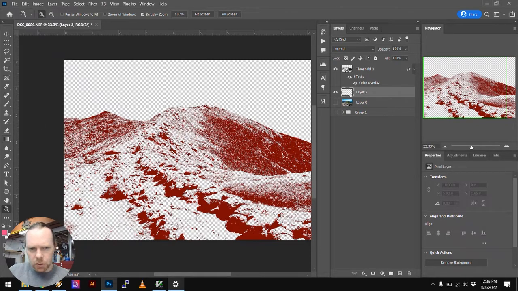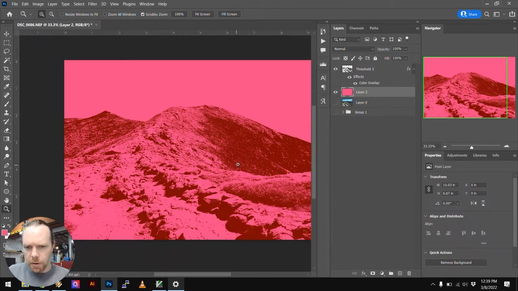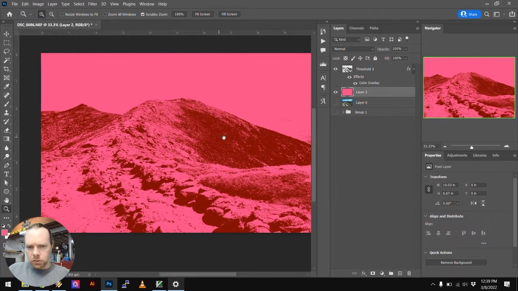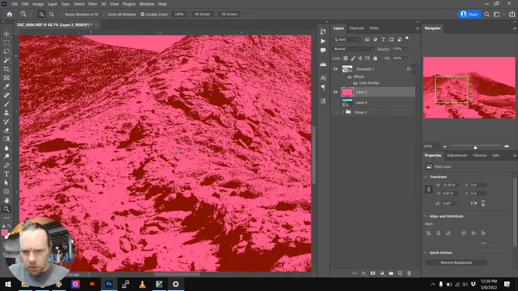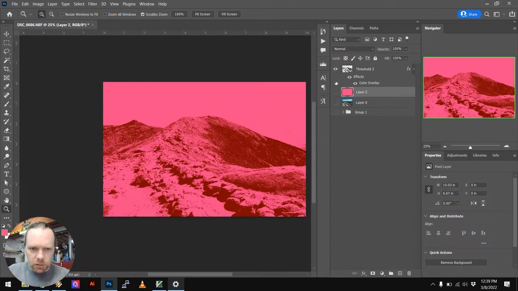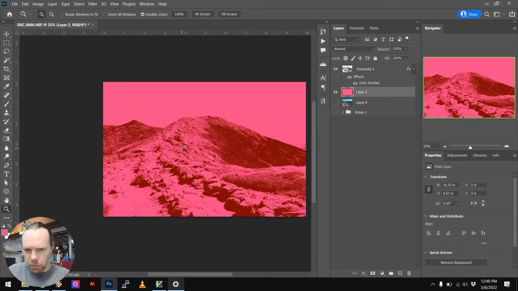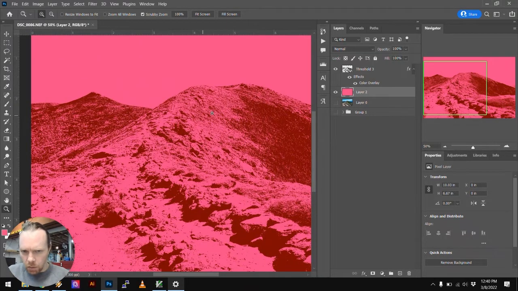You can use the paint bucket to do that, but I use Alt backspace, and it just drops it, fills the whole layer. So, really, this is a 1-color print of this photo, and I could burn this to a screen and print it on pink paper. It'd be cool. But I want to add a little bit more